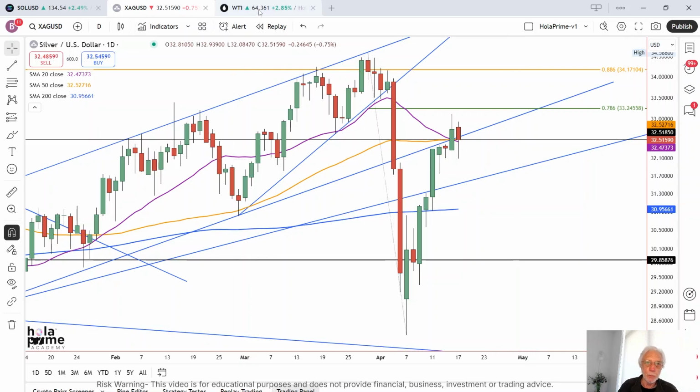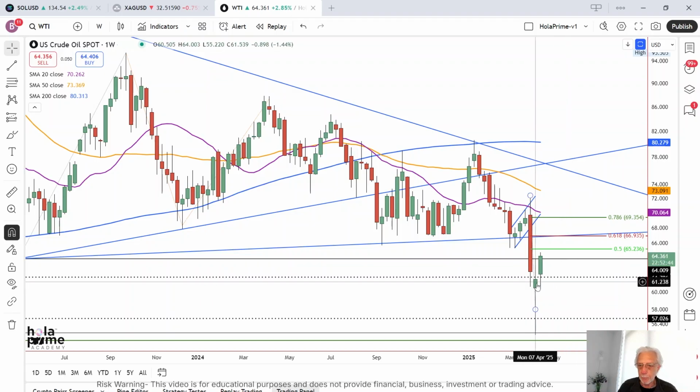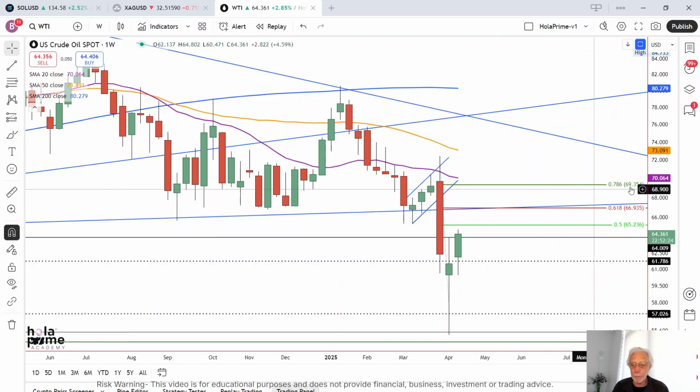All right, moving on to crude oil. Crude oil had a sharp sell-off recently, and we now have a weekly bullish reversal as, today, crude rallied above last week's high and closed above last week's high. That puts it in a good position to at least do a 61.8% Fibonacci retracement, which correlates around this previous bottom trend line around 66.94, and then the 50% retracement is right around here at these previous lows